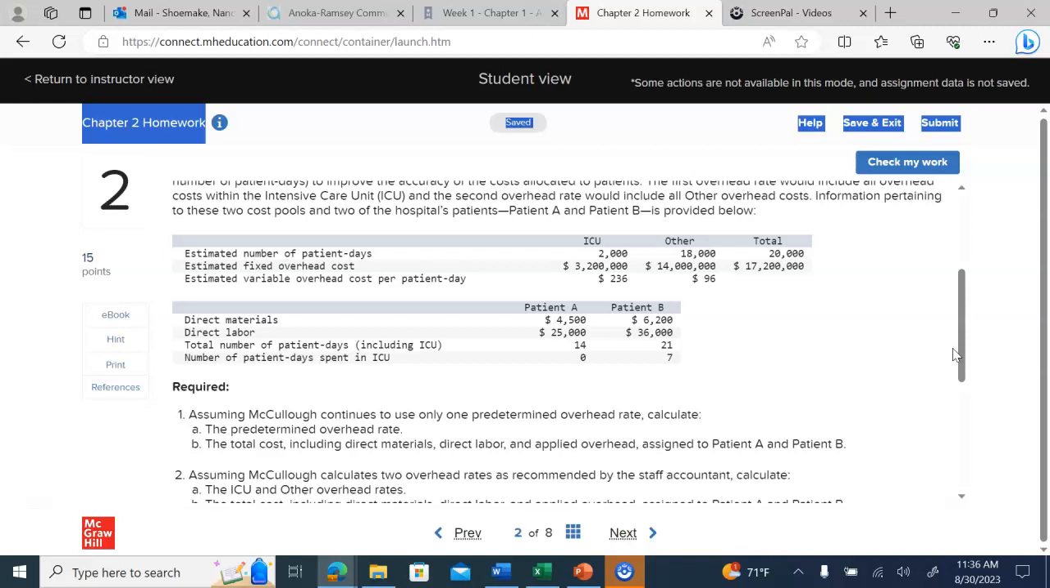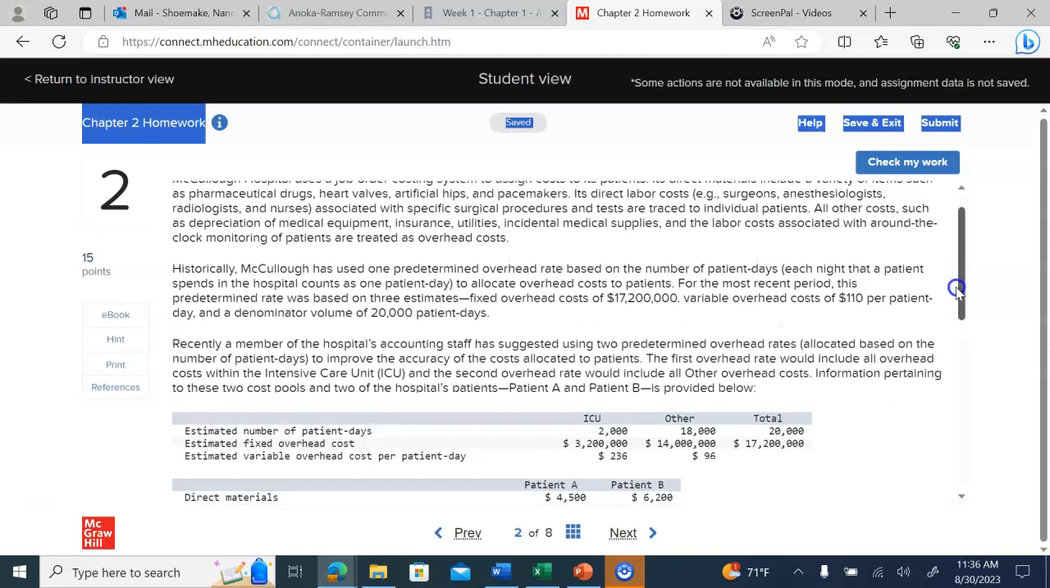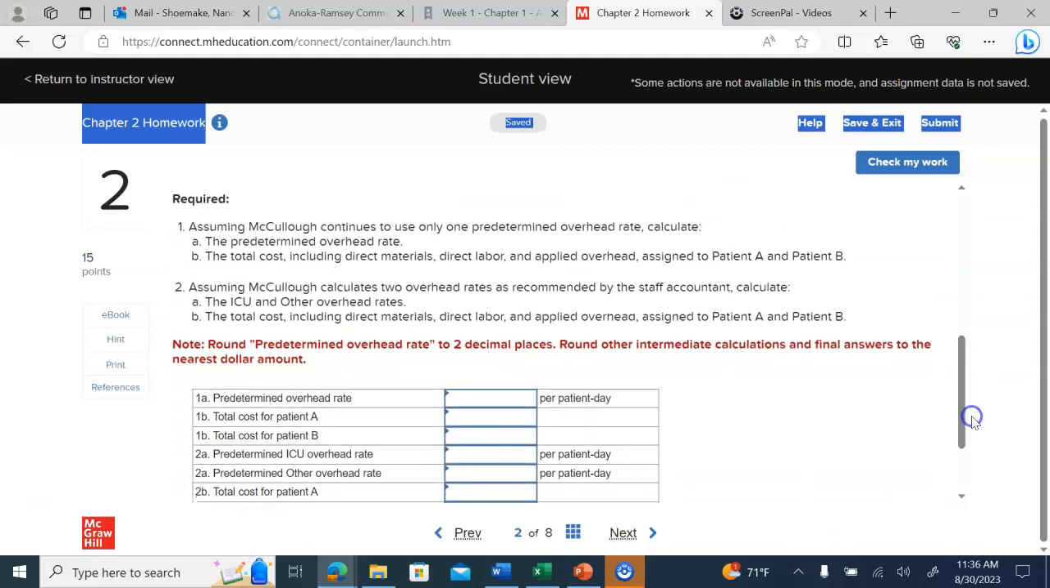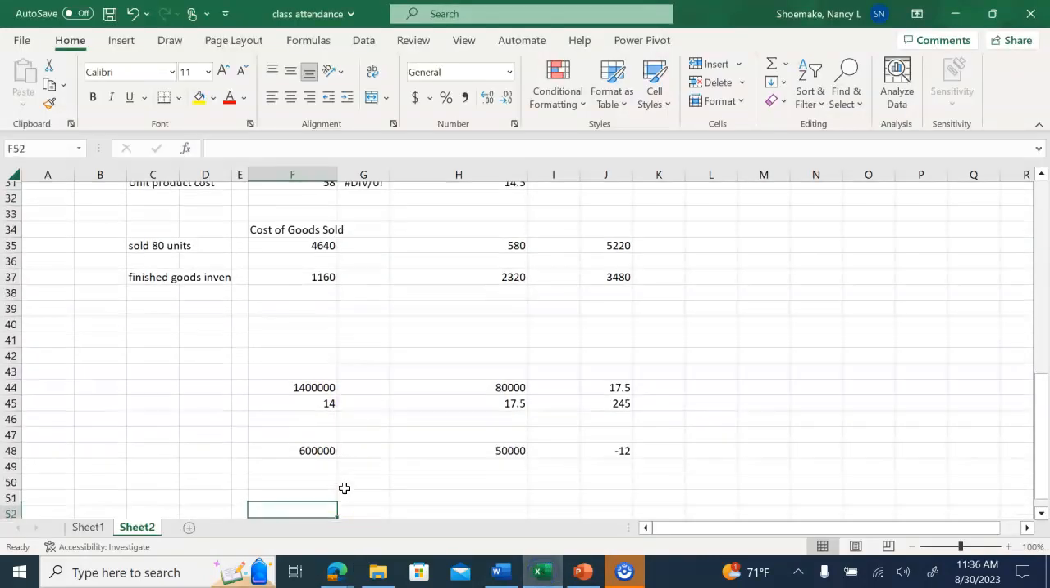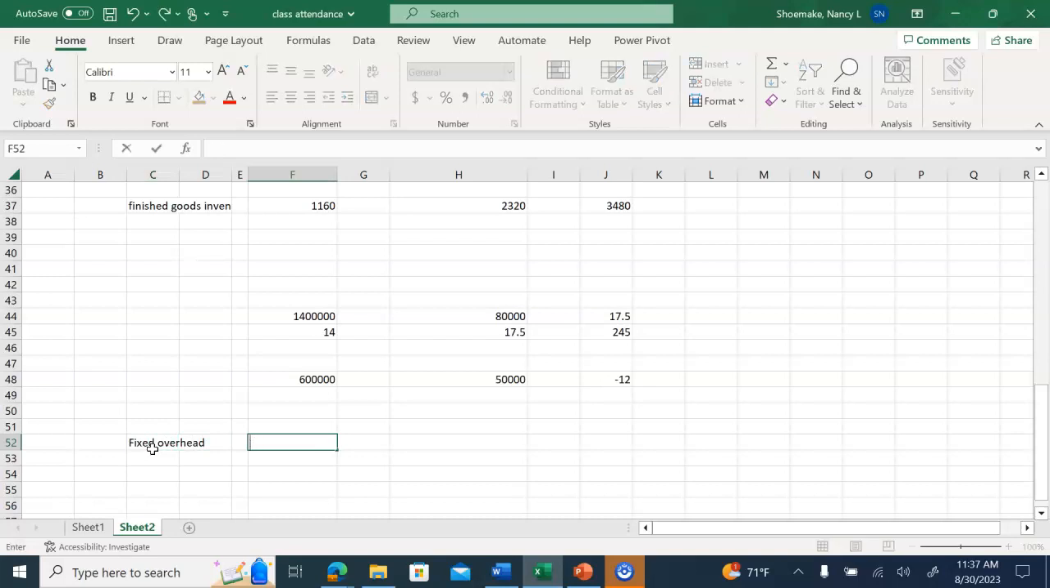17,200. Do we have variable? Okay, but we have variable too. So we have to do the variable manufacturing overhead here. Let's see. Our variable overhead is 110 per patient at 20,000 patients, right? So if we do, how much is the cost again? The fixed overhead is 17,200,000. The variable